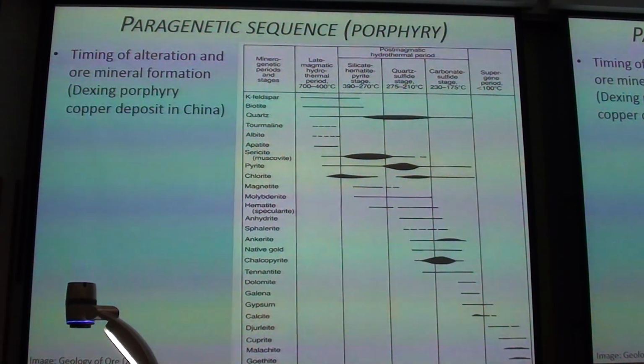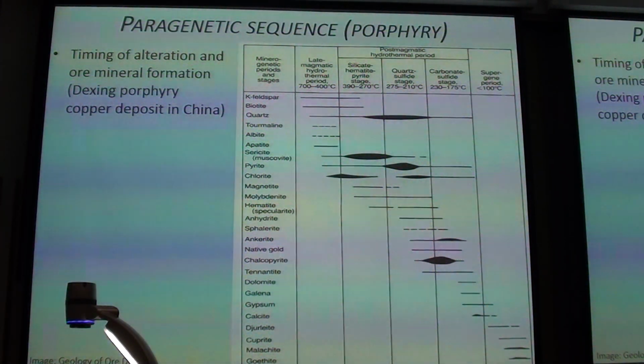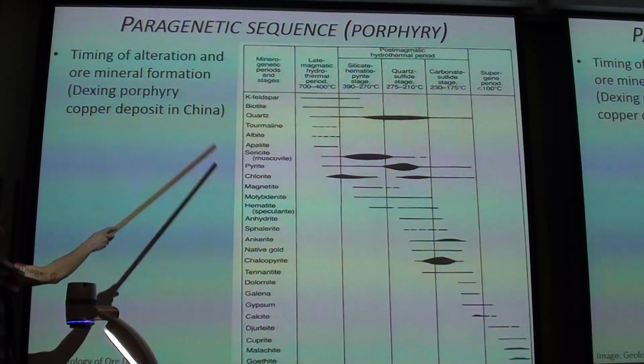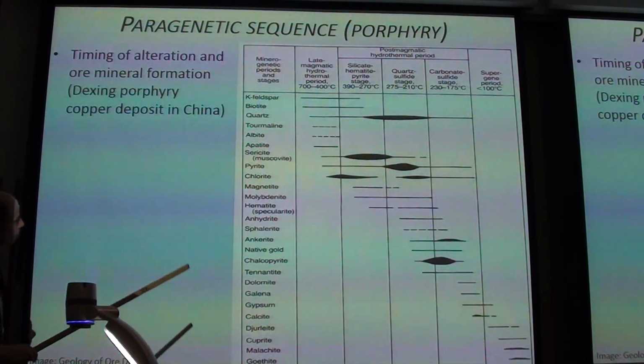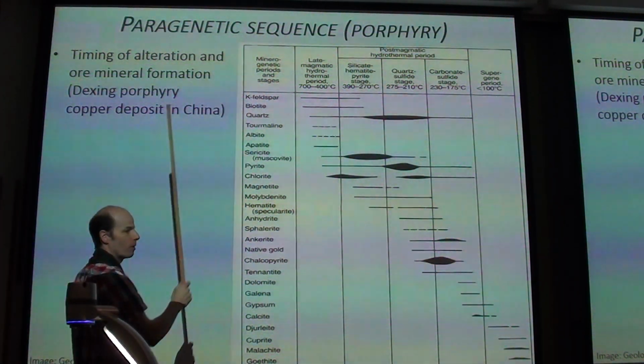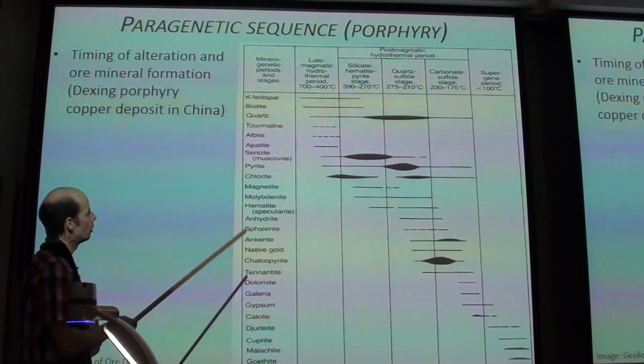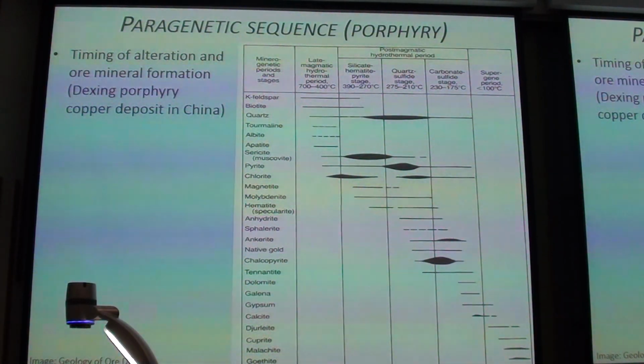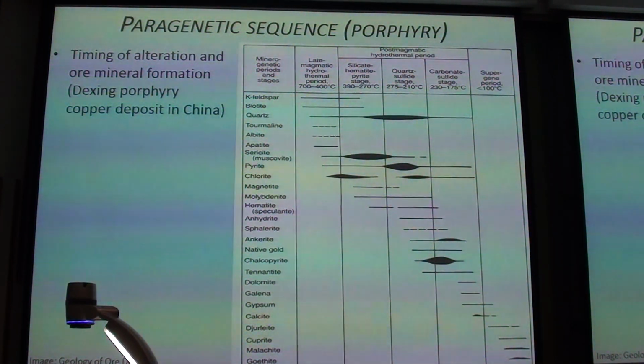Another way of looking at it is by looking at the timing of all these occurrences. And here we've got a list of minerals, and we go from late magmatic hydrothermal fluids through to supergene, which is fluids that are unrelated to the magma. It's caused by percolation of meteoric water, and we will actually see that in more detail in the fifth lecture. But again, different